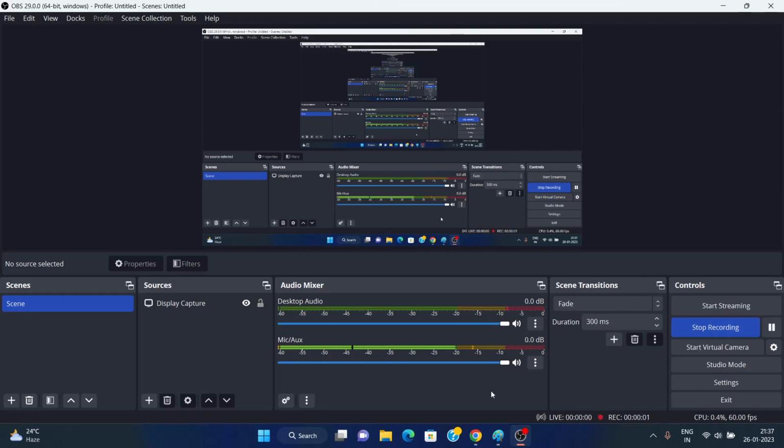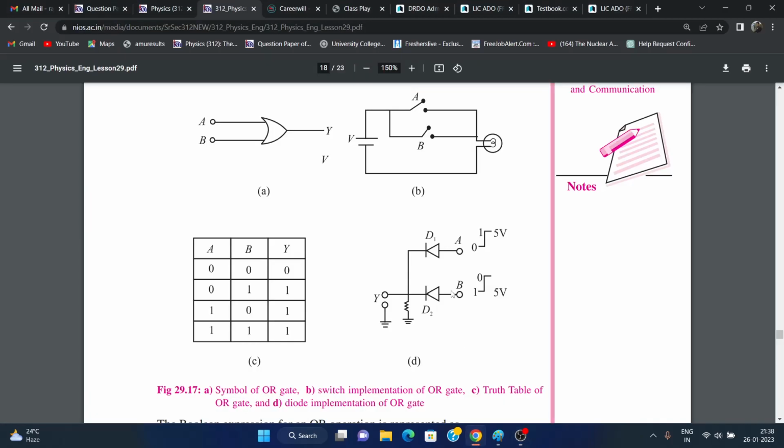Hello folks, let's begin today's topic, which is the explanation of OR gate and AND gate using diodes and also using this circuit with switches. Now the symbol of OR gate is like that, where A and B both are inputs and Y is output,